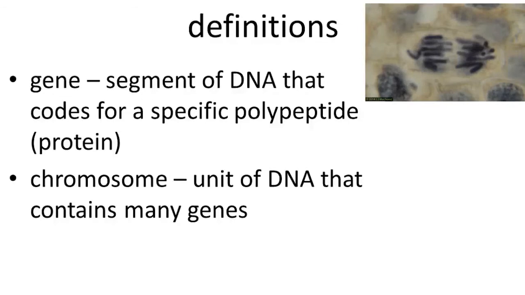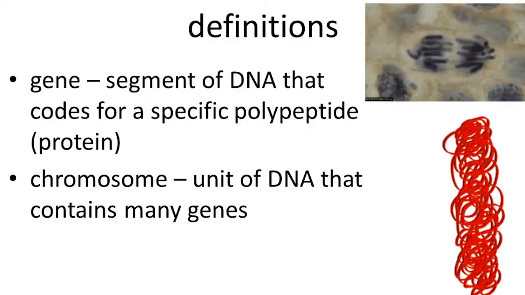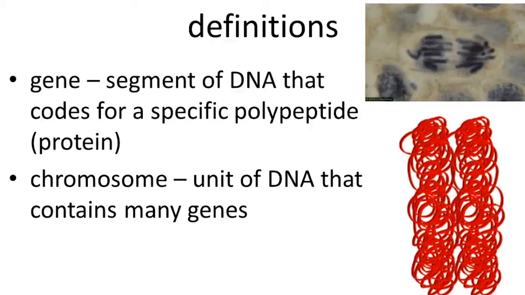When we look at chromosomes, we often see these in photographs. You can see this particular picture up here, and the dark bodies, or the colored bodies, in the center are called chromosomes. Chromo meaning colored, some meaning body. Now, we often represent chromosomes like this, a representation where it's really a bunch of DNA filaments coming together. These filaments are intertwisted and intertwined to make something much more complex, but they do look like this. And often we see two of them together,